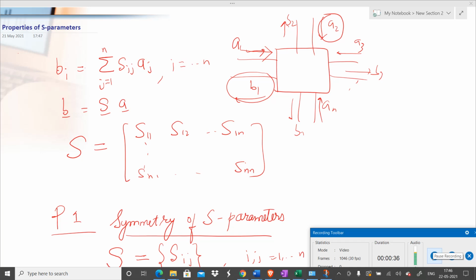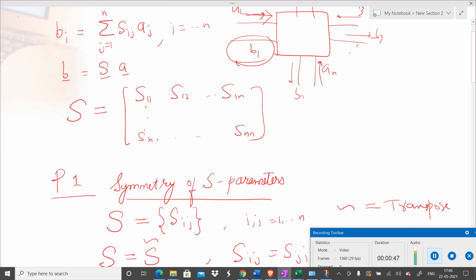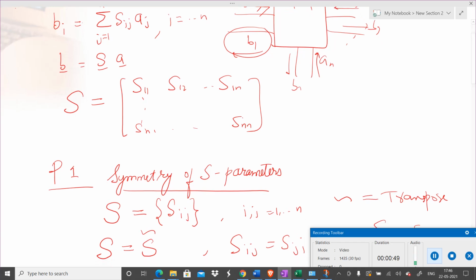Here I have drawn one example, that is an n port microwave circuit. You have seen previously when I showed you some examples of microwave tees, that a microwave hybrid circuit can have multiple inputs, multiple outputs. We give input at one point, but they can have multiple ports in another way.